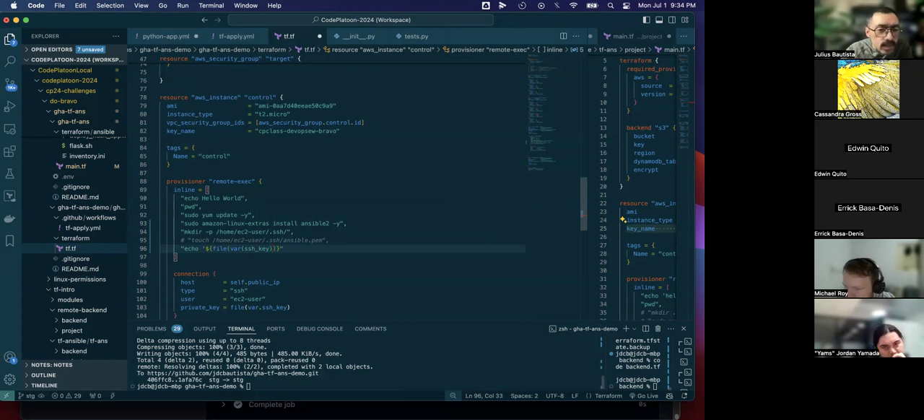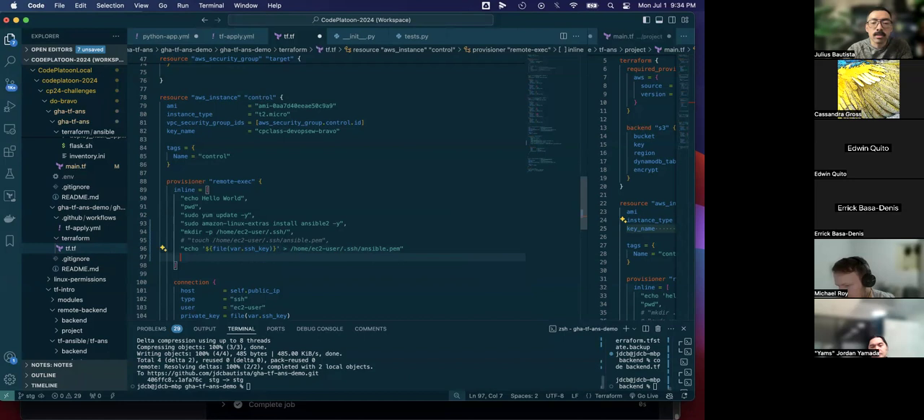I think I have an extra set of those, I don't know why I did that. This needs to be .sh key, not parentheses. Okay, so we are going to echo this and then redirect the output of that into our PEM file. So just like above, ec2-user.sh.ansible.pem. That looks good. Let's add a comma, save, and we are going to run chmod